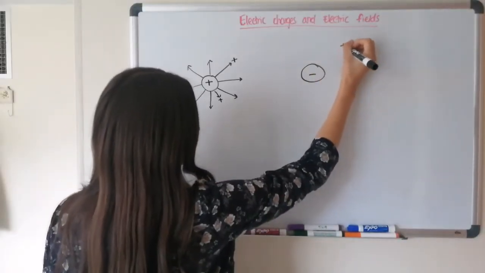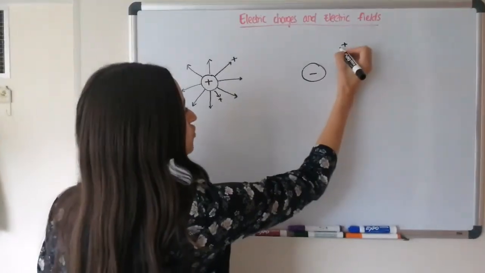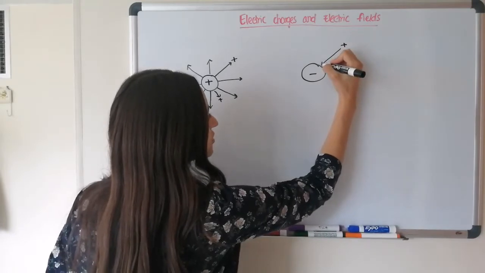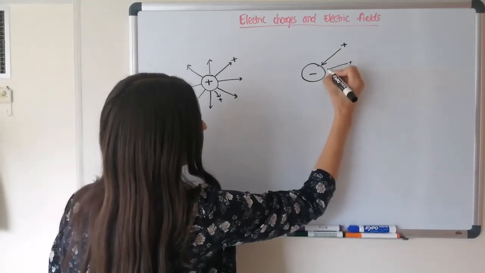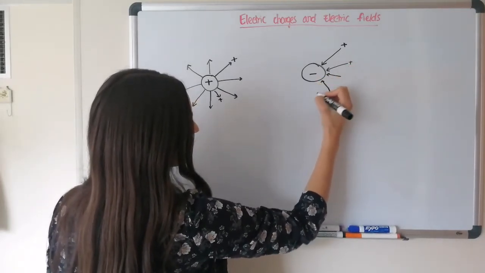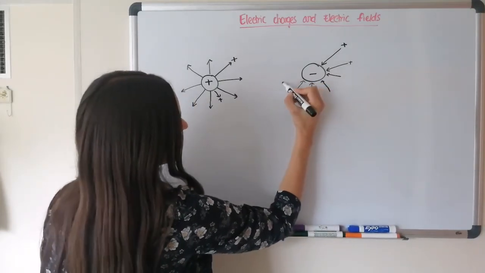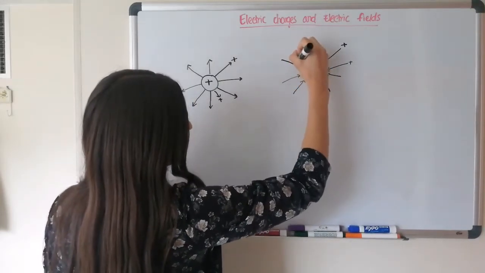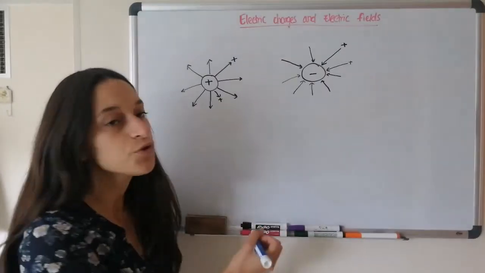So if we have a negative charge and we place a positive charge, because positive and negative attract, this positive charge will feel a force towards the negative charge. A positive charge over here would feel a force towards this negative charge. So how we represent an electric field for a negative charge is with arrows going towards it, the opposite to a positive charge. So for example, if you have this charge, you place it here and it moves away from